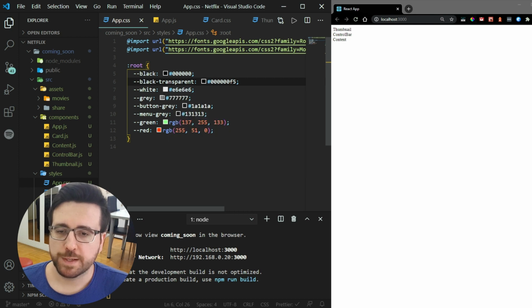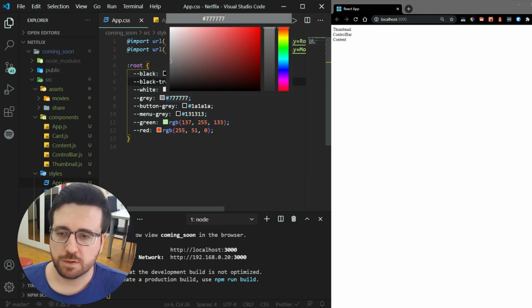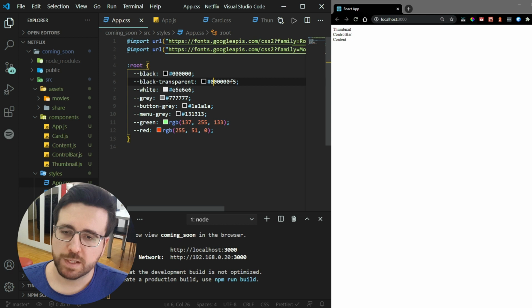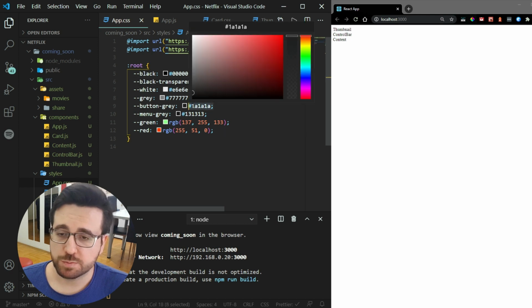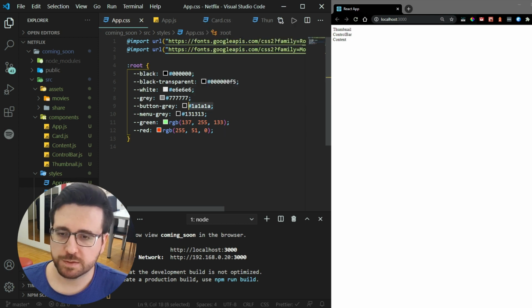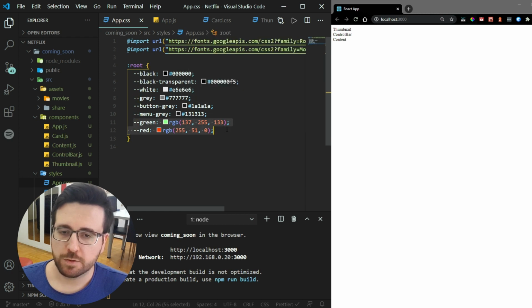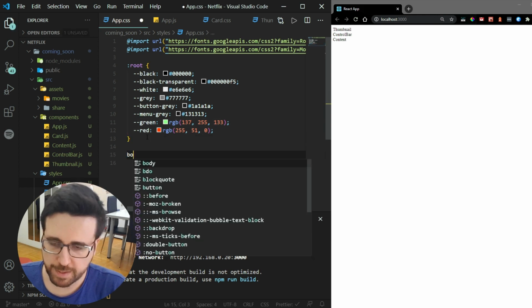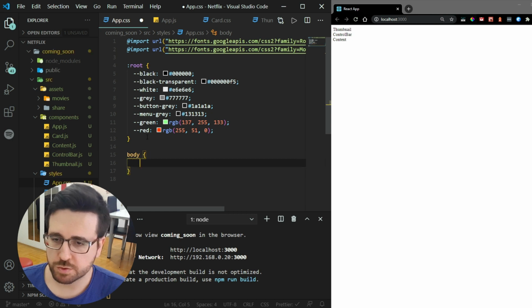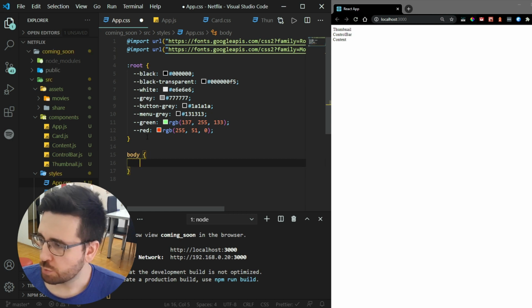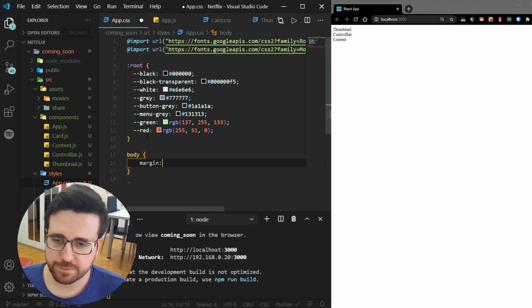We're going to use white and gray mostly for the text. We're going to use button gray, which is pretty much black, for the buttons. Menu gray for the menu, and green and red are going to be used for our controls, for notify me and for share. After that, I'm going to add some CSS rules to the body,